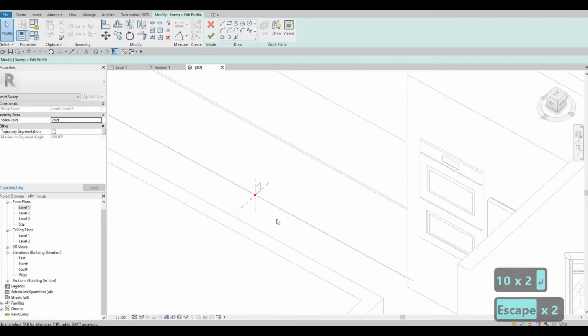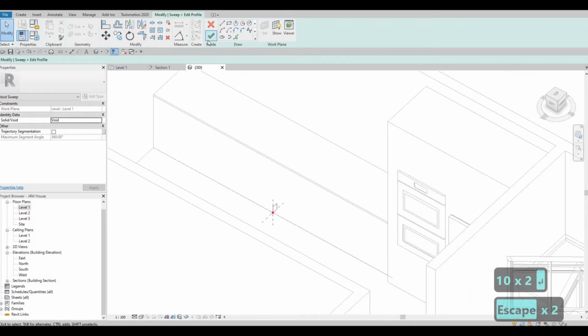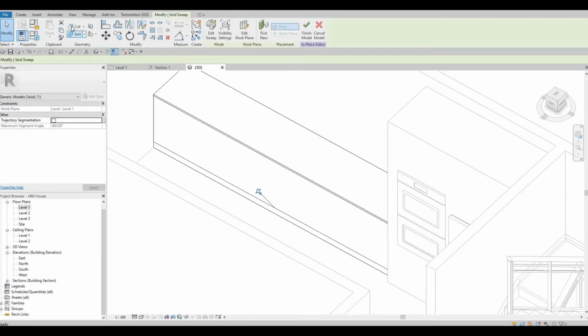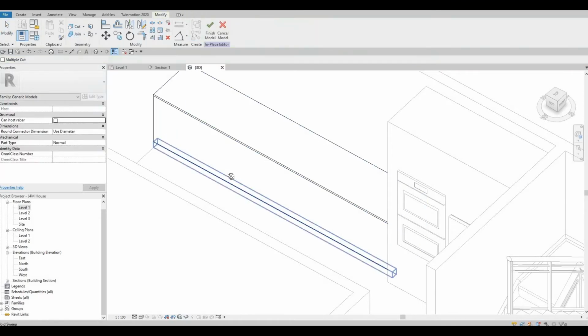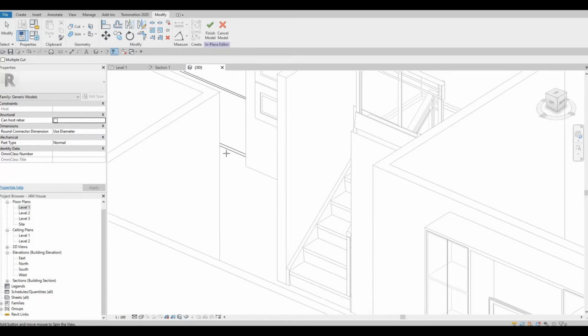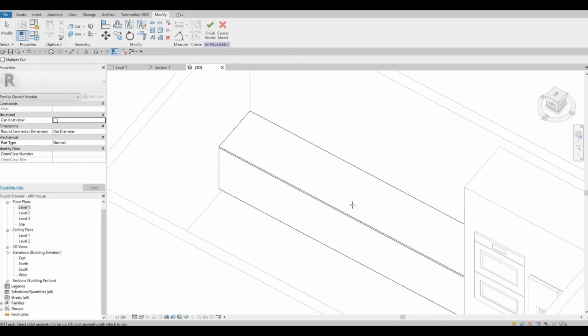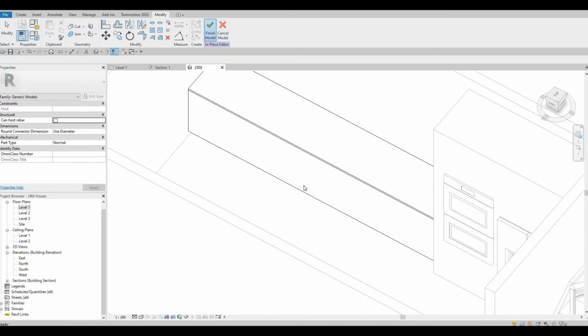So 100 by 80. That's fine for the kick plate. Click on finish, and then here, click here again, click finish again, and then now you can select cut geometry, and it will be cut like that. After that, click finish again,